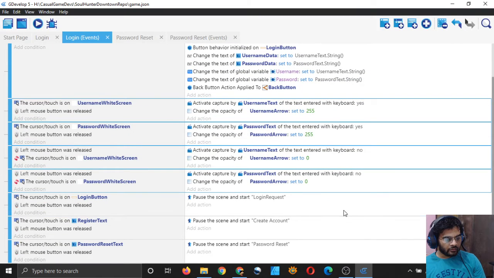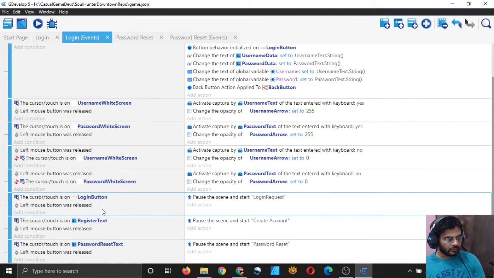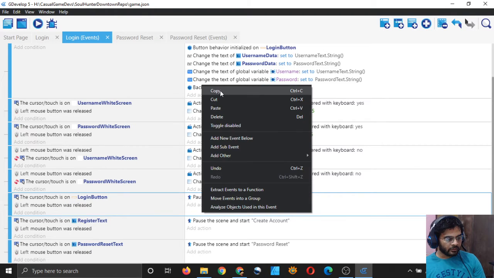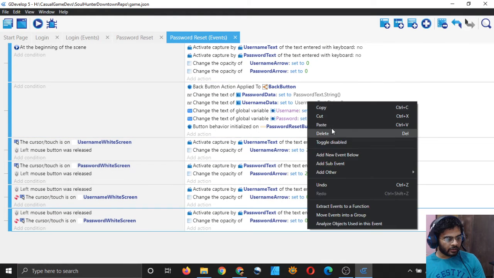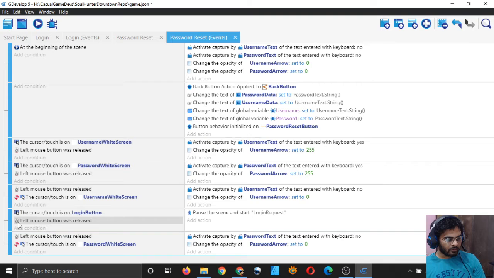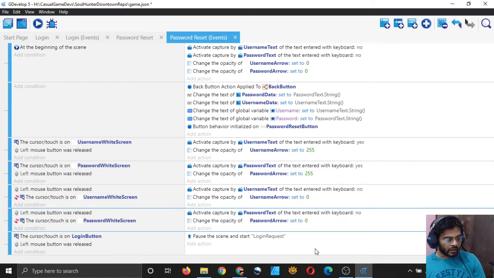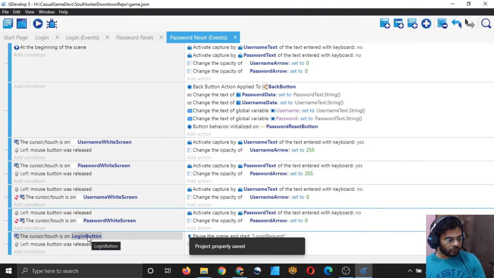And other than these four events, we have the implementation of the buttons. That is what will happen when the user clicks on the buttons. So we may need this one. I'll simply copy it and paste it over here. I will click on this and right click and paste. It has been pasted above. I will simply drag it down, and we don't have a login button.